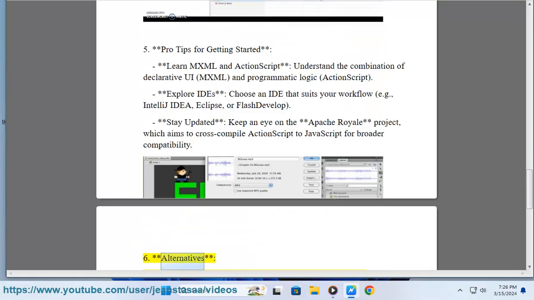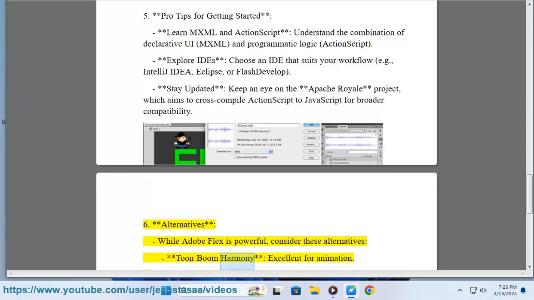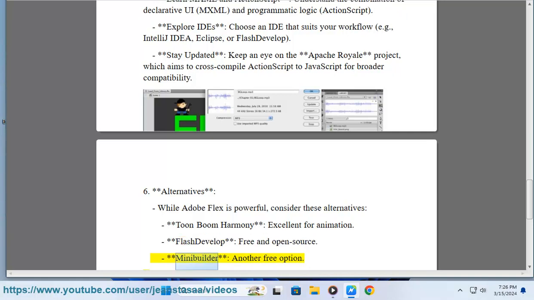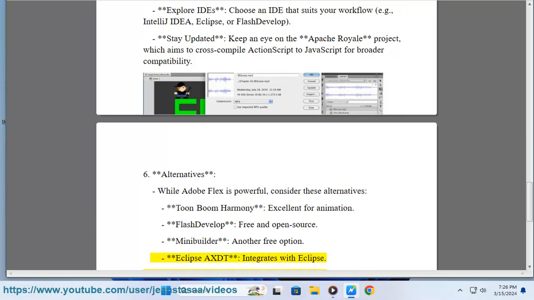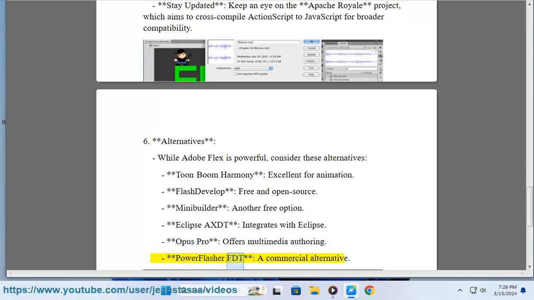6. Alternatives. While Adobe Flex is powerful, consider these alternatives: Toon Boom Harmony, excellent for animation. FlashDevelop, free and open source. MiniBuilder, another free option. Eclipse AXDT, integrates with Eclipse. Opus Pro, offers multimedia authoring. PowerFlasher FDT, a commercial